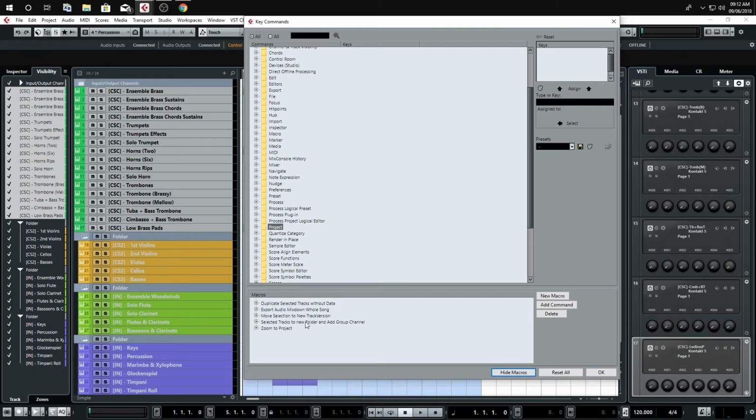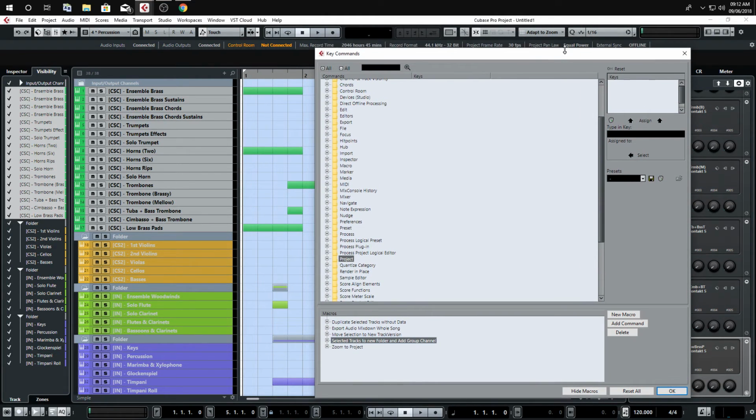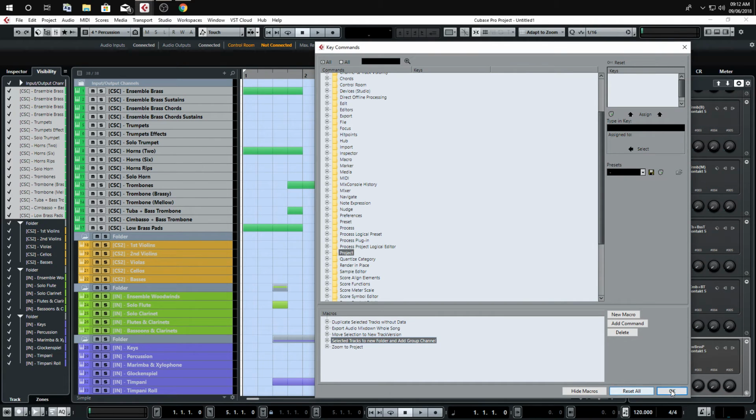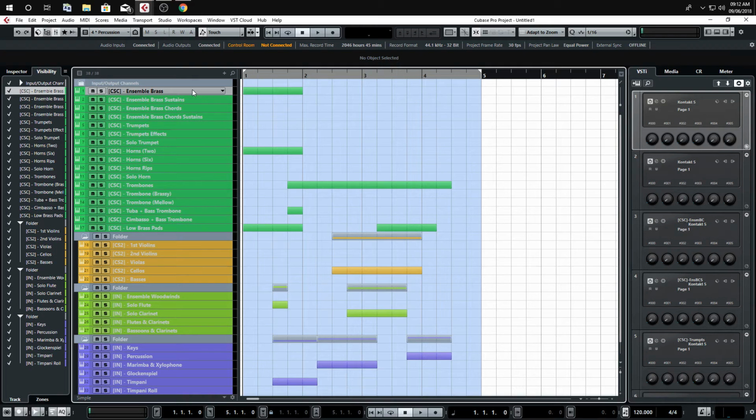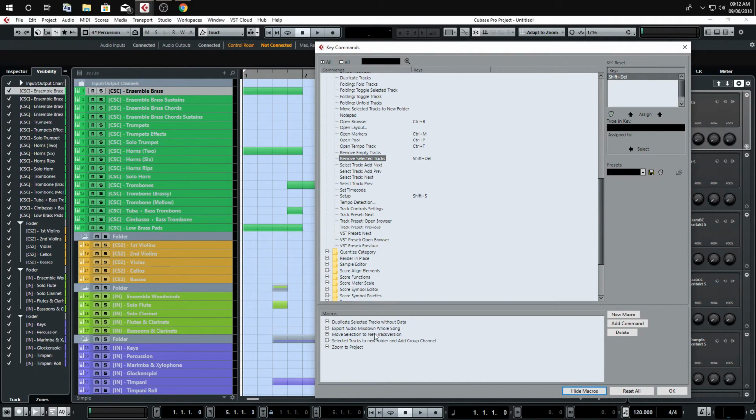A really handy one, which is already set up for you, is select tracks to new folder, add to group channel. When you're building a template, what you normally end up doing is sending, say, the brass section to its own group output. And you also want to have all these channels in a folder as well. So a really quick way to do it is using that macro. What you would do is obviously assign it to a key. I've already got mine set to Shift and Delete. I don't remember setting it to that, but